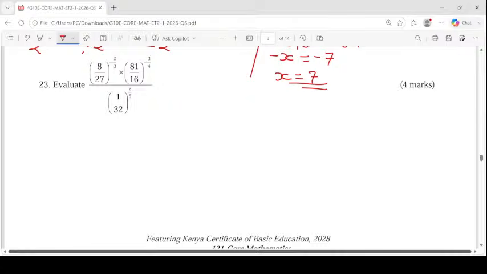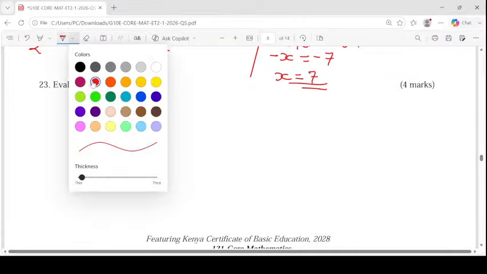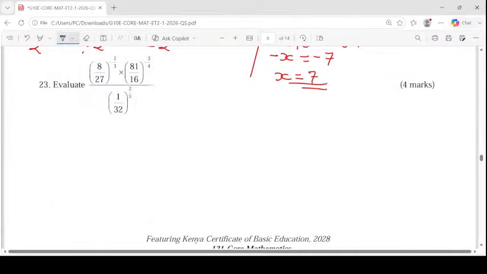Evaluate (8 over 27) to the power of negative 2 over 3 times (81 over 16) to the power of negative 3 over 4, all over (1 over 32) to the power of 2 over 5. One thing, ladies and gentlemen, I want to draw to your attention is that